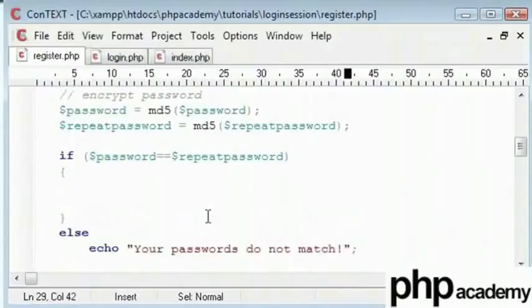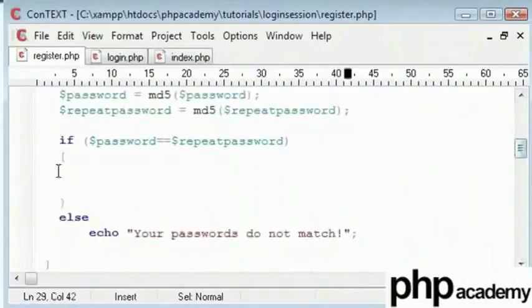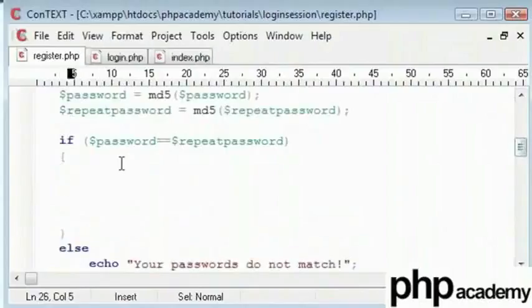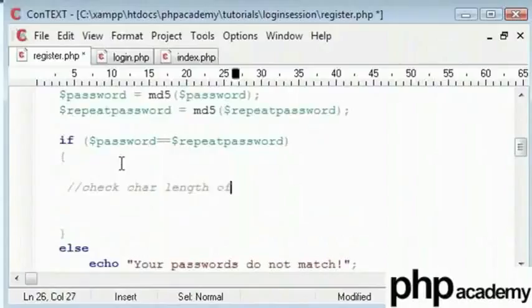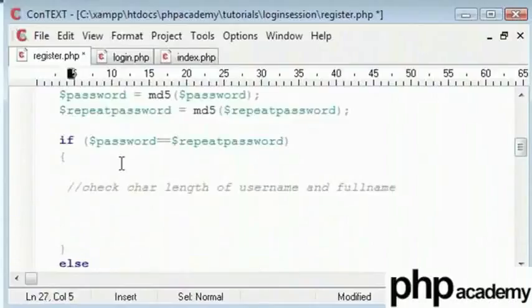Okay? So, you can type here and we can keep checking your character length. Now, to check the character length of username and full name. So, check character length of username and full name, and that is going to be what we said before.